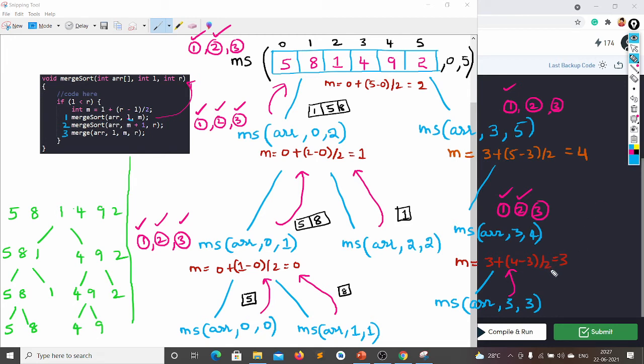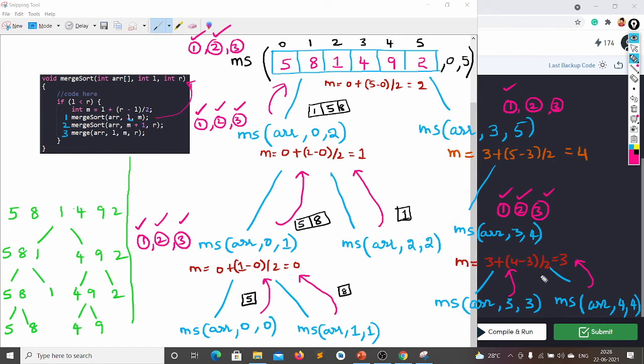So what is the second function now? Merge sort of array of this m plus 1. What is m here? 3. 3 plus 1, 4. 4 comma r. R is again 4. And again it will go to the start, and the if condition will be checked: L less than R, but L is equal to R. Then it will also say there is no use of me, so you can continue calling the third function. So again it will call the third function.